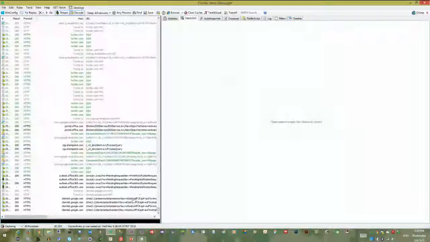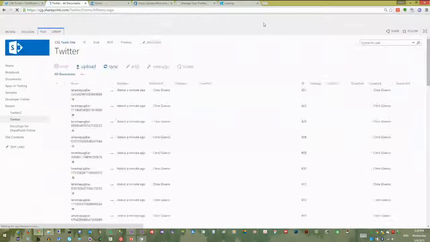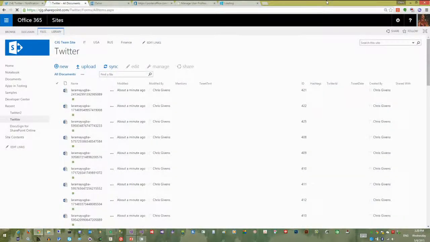All right, so it looks like it's done. So I come back over here to the Twitter feed, and I can refresh, and sure enough, I pulled down some of Laura's tweets here. Now, the thing is that there's a little bit of a lag. There's a couple of different ways we can pull down a user. I have to tag a user. If I add them to Azure AD, there's a little bit of lag, especially if I want to make a call to user profile, because there's replication time there. I've got to call ensure user in the code to make sure I can actually tag someone in there. So I've got to give it some time.